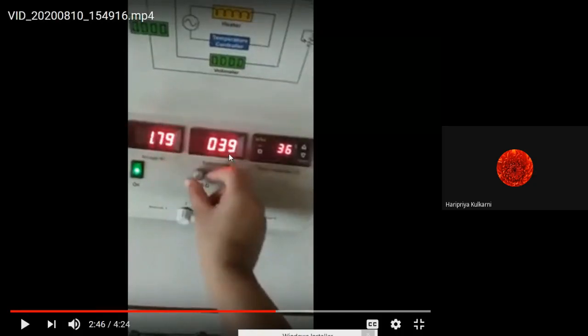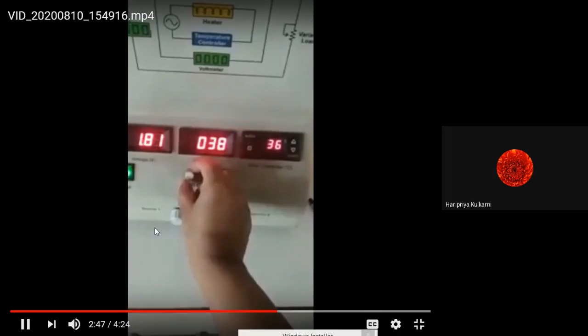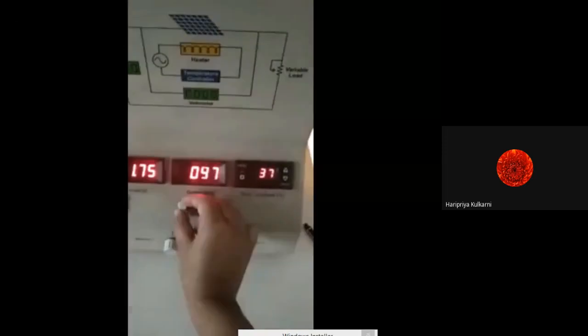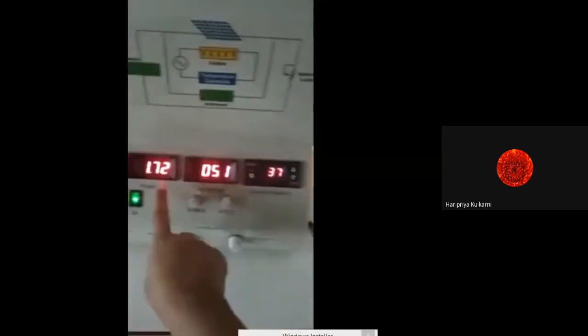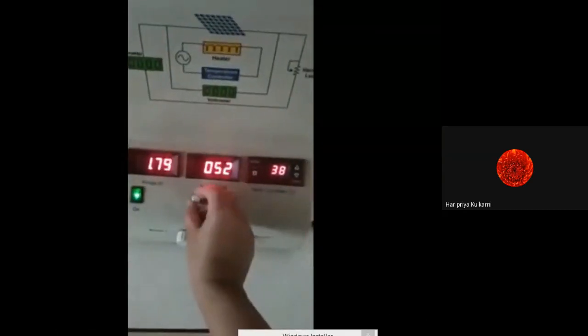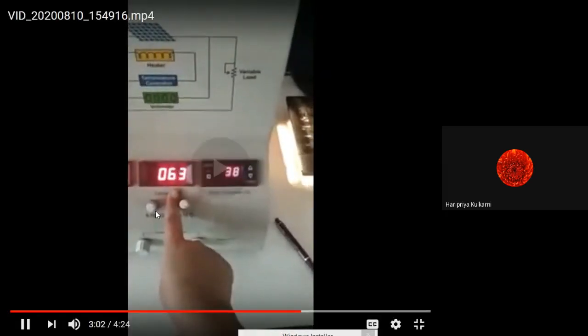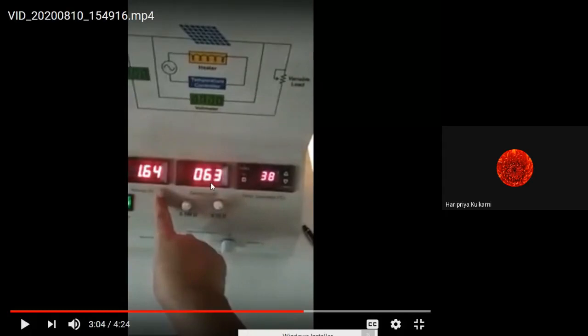So you can take down this, say 39 or 40, and voltage is 1.79 volt. Next reading, 50 milliampere, 1.77 volt. Okay, 50 or 51, 1.74 you can take. Next reading, 65 milliampere or 63 milliampere and 1.64 volt.